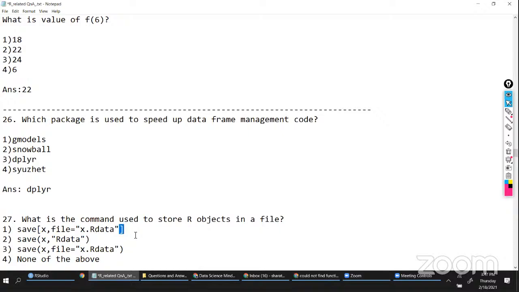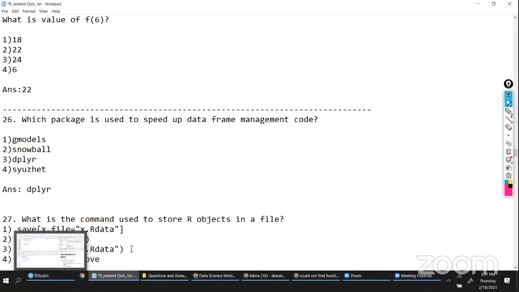Remember, index basically is referred by square brackets. So whenever you see the square brackets in R, that means you are representing that as for index, not for a function, right? So if you're talking about a function, then your regular brackets would come into picture. If you're talking about a data, you're referring something with respect to data, then square brackets would come. Okay, so here we are talking about a function, and this is your